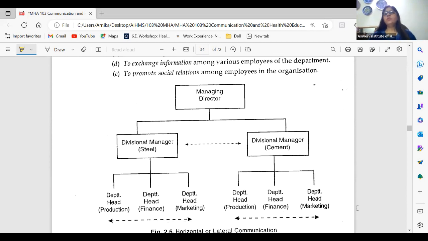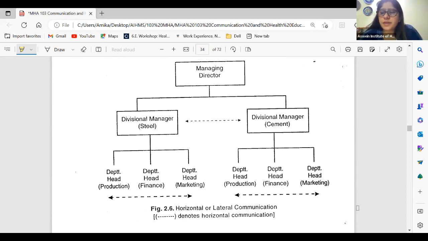Okay, now one more type of communication network is lateral or horizontal. In this, you can see there are multiple departments in an organization or in a hospital. Vertical or downward, they talk, but sometimes horizontal or lateral communication is also very, very important, because they can work together and they are all on the same page, because the ultimate goal of all departments is to follow the mission and vision, or you can say the action plan of the organization.